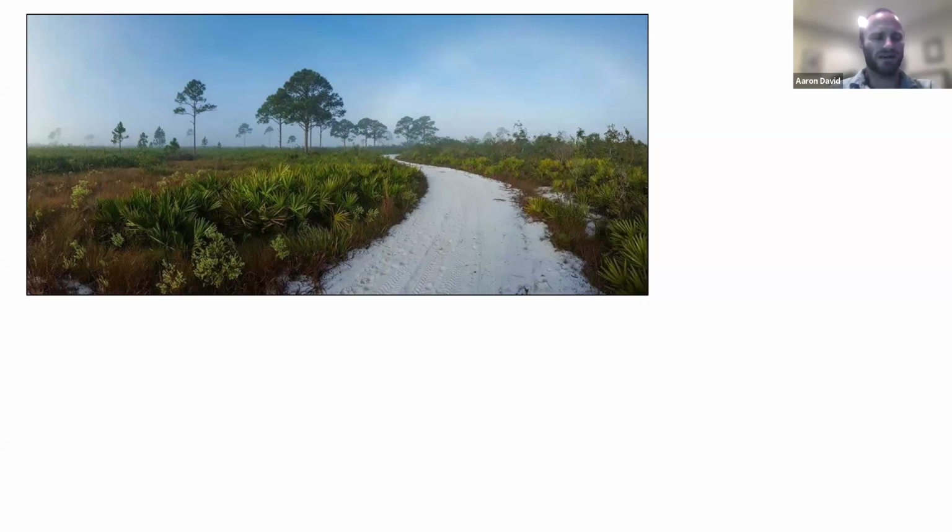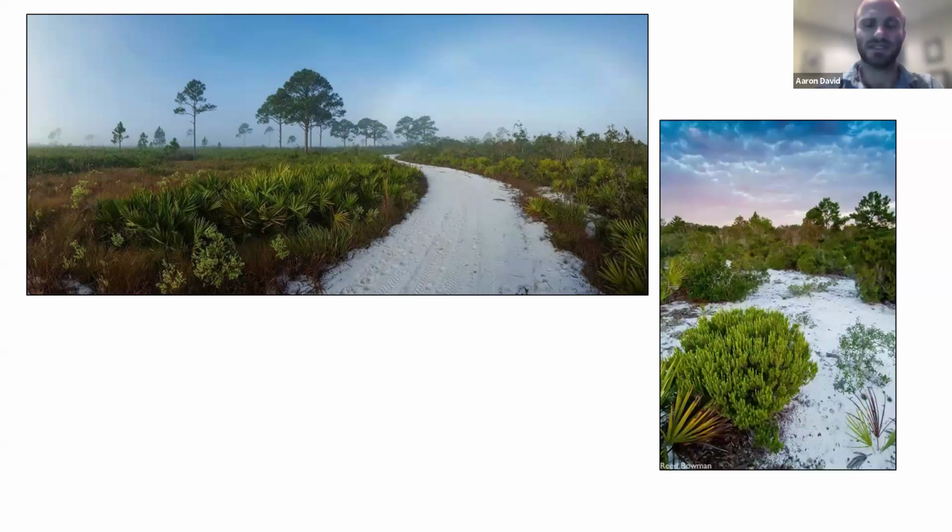So lots of palmettos, especially saw palmetto. We also have scrub palmetto, as well as pines, mainly slash pine. And then in our high elevation, we have sand pines and lots of oak species as well. So here's one of our key habitats, which is called rosemary scrub. This is high elevation habitat, named for its dominant rosemary, Florida rosemary.